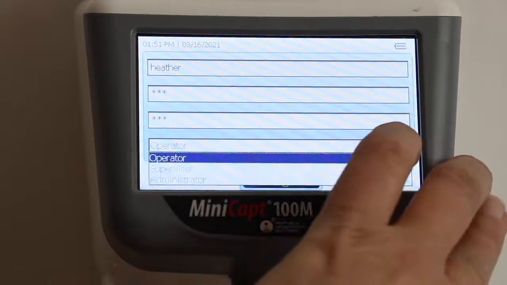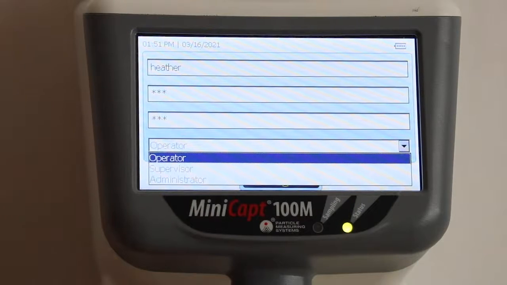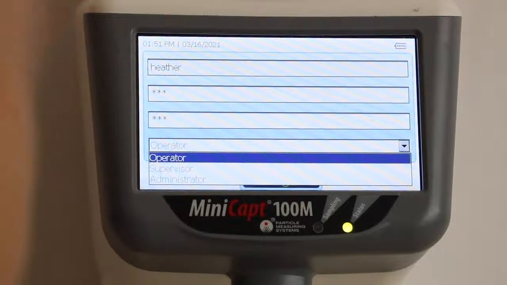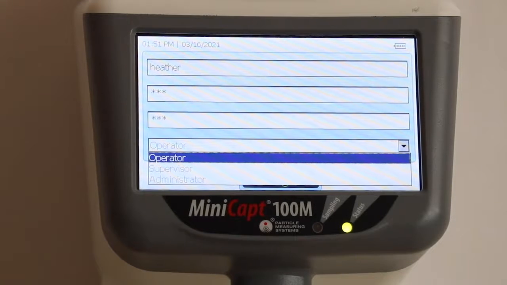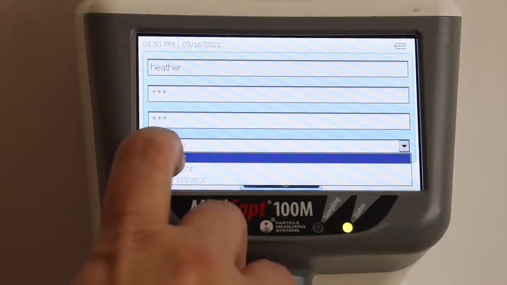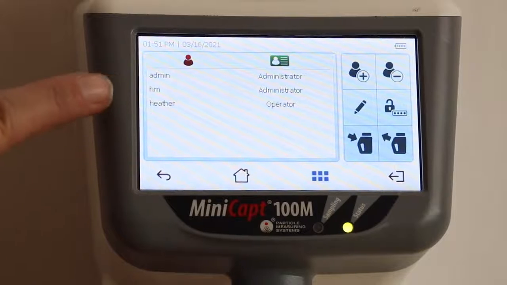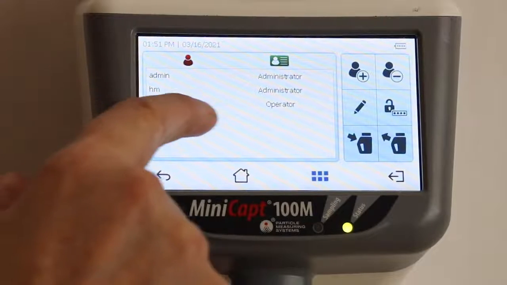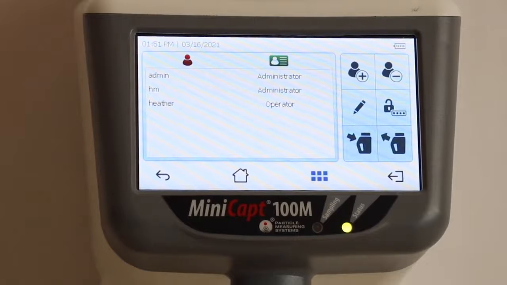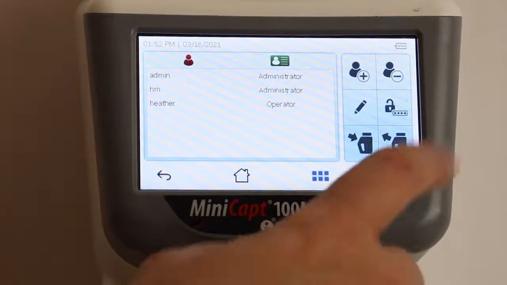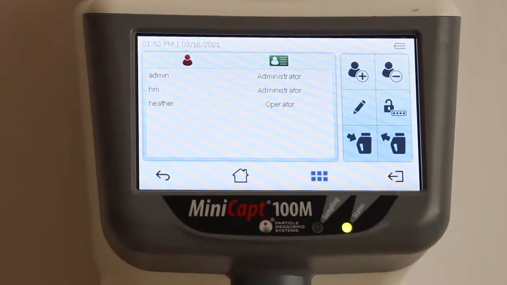And then I get to assign whether I'm an operator, supervisor, or administrator. Because the instrument is already set up with an administrator, that's how I can make this user profile. So I'm going to give myself operator abilities, and I'm going to add that. So now you see that my name is here and I have a unique username, and the instrument right now is unlocked. If I wanted to lock the instrument, I could do that so that only specific people can come